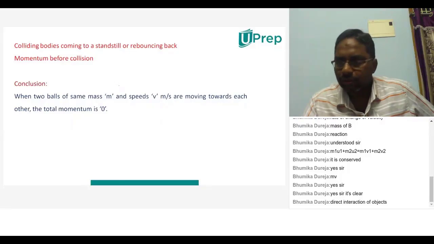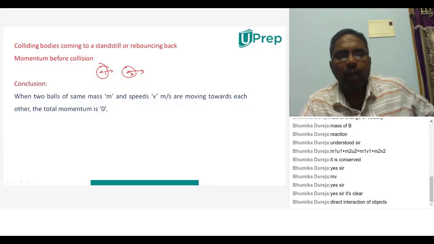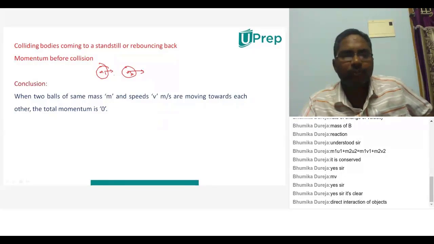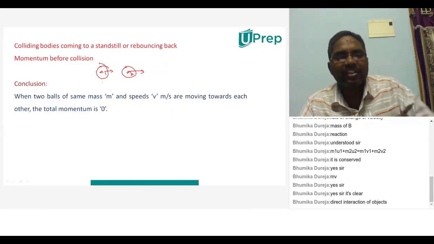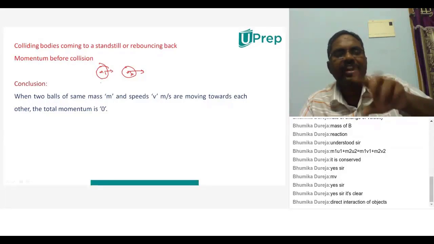Now see here. Now we are taking again one system, and in that system, how many objects are there? Sorry, two objects are there. This is the M1 object, and one more object is there, which is the M2 object. So two objects are there, right? These two objects are moving with some velocity, and before collision, how much momentum will be there? After collision, how much momentum will be there? Those things we are going to discuss, and we are going to understand whether the law of conservation of linear momentum will be valid here or not.